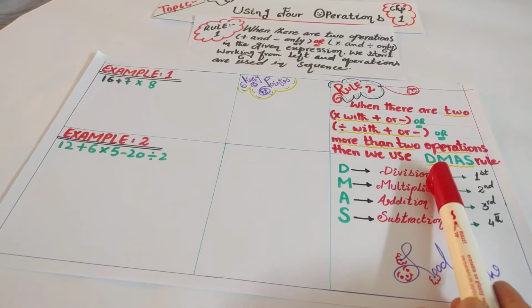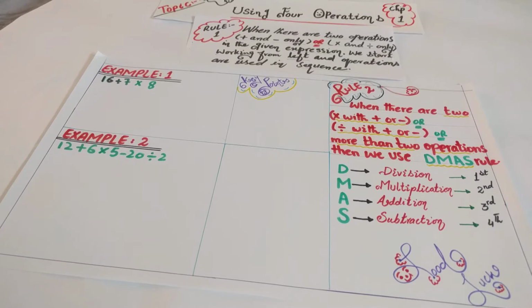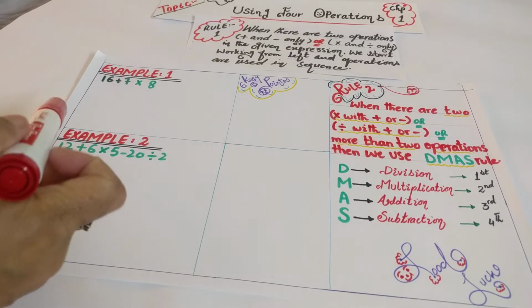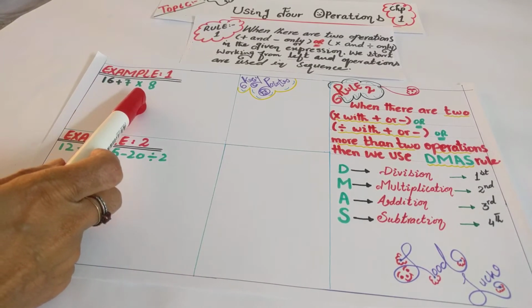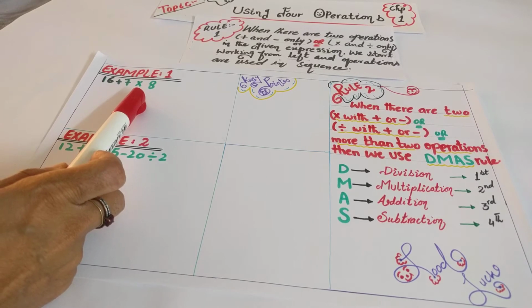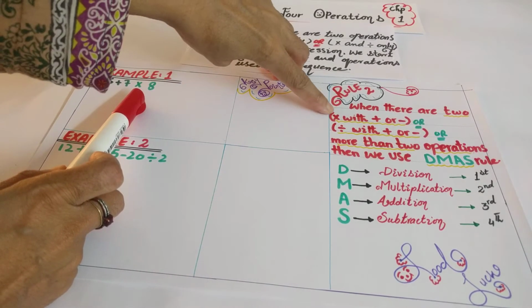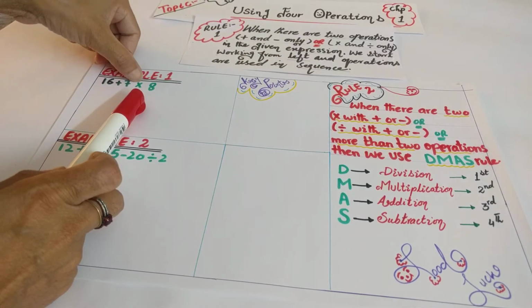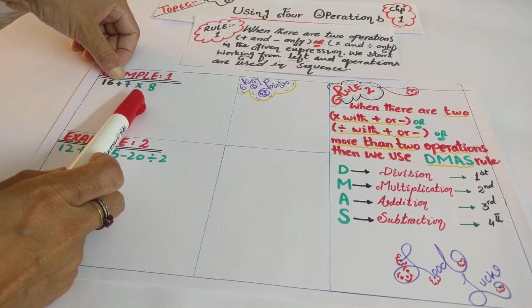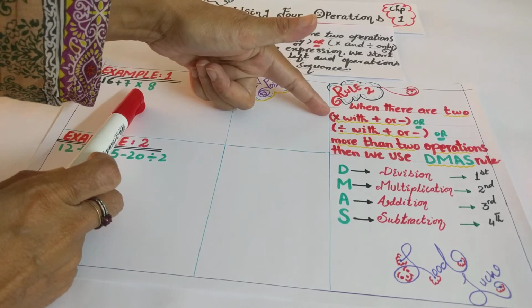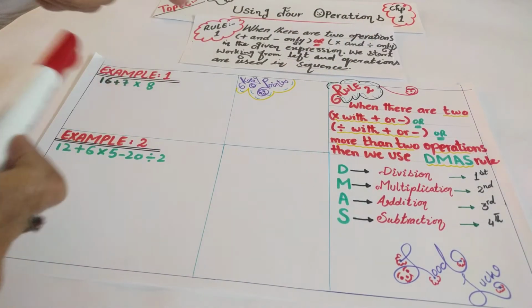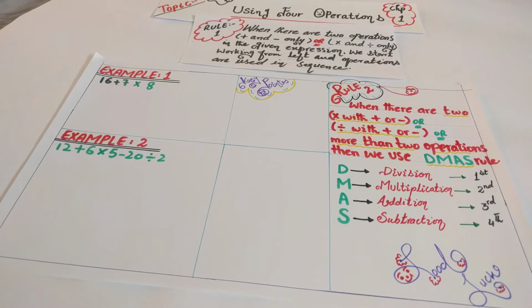Let's start the example. Now in this example, 16 plus 7 multiply by 8. Multiplication sign is with addition. So we are using the condition number 1. That's why we will apply the DMAS rule. So let's start. According to the DMAS rule,